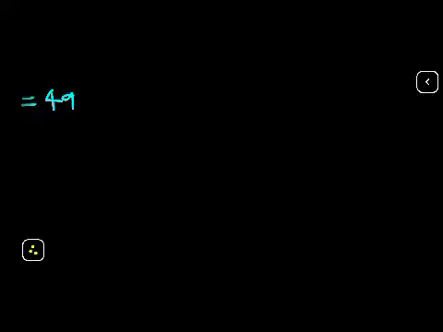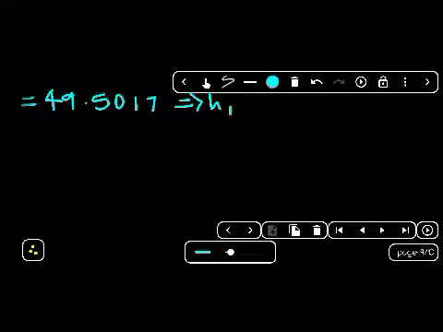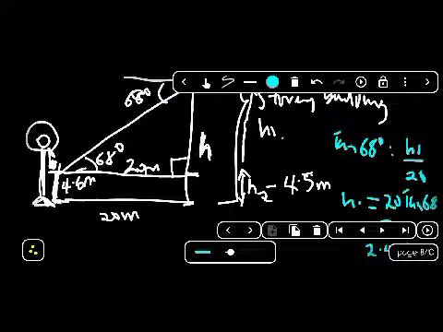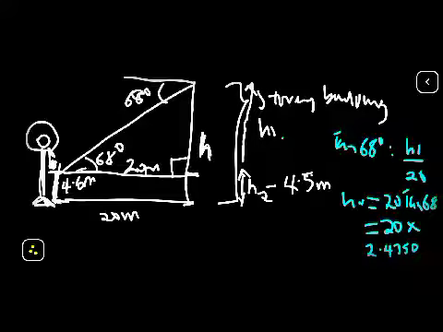It's 49 point 5017. Okay, so this is equivalent to H1. Yeah, that's H1. So now we know that the height of the story building is going to be h1 here plus